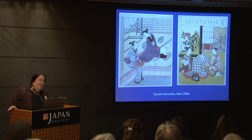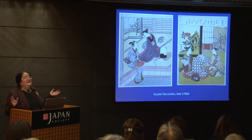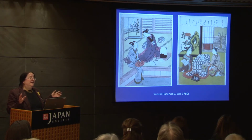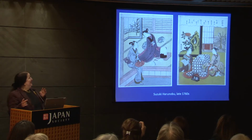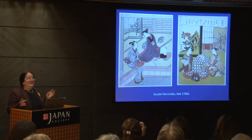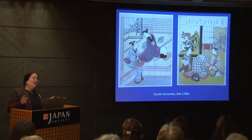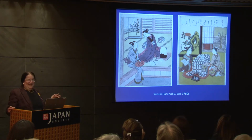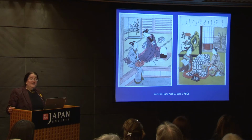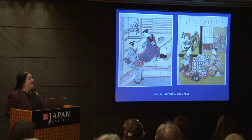Now here is Harunobu once again. It's interesting, there are gaps in the cat record that I think have to do with whether or not cats were fashionable at a given time, and also perhaps with whether or not certain artists really liked cats. Happily for us, a number of great artists have been very fond of cats, and one of them was Harunobu, this first artist to design prints that were done in color. In my opinion,